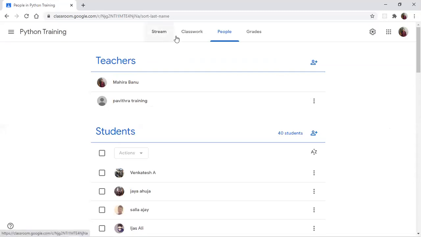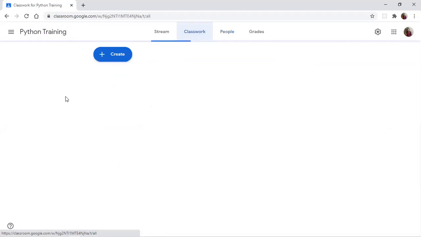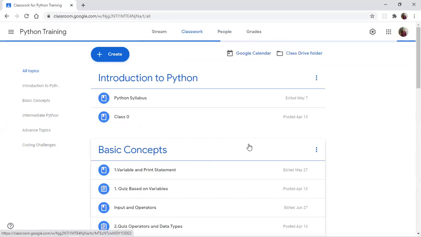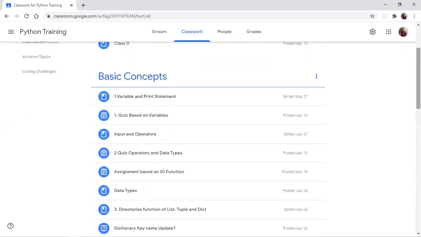So you will receive an email. You just give a join, so you will join this class. You will get the stream, classwork and people. Kindly click on this classwork. You will get all Python materials. This is only for Python materials. Here you need to practice a variable and then this MCQ question. Then you need to attend this input and operator, then this MCQ questions. I guess you guys can attend this assignment also.